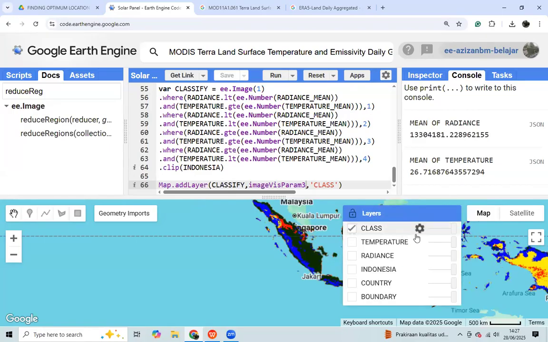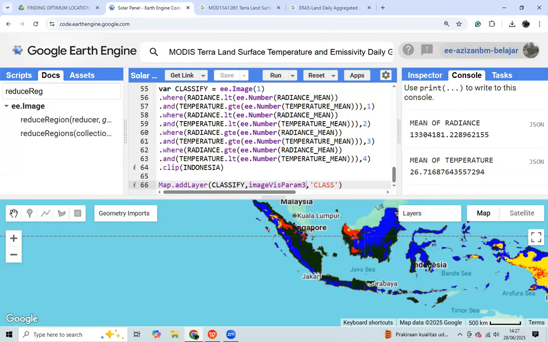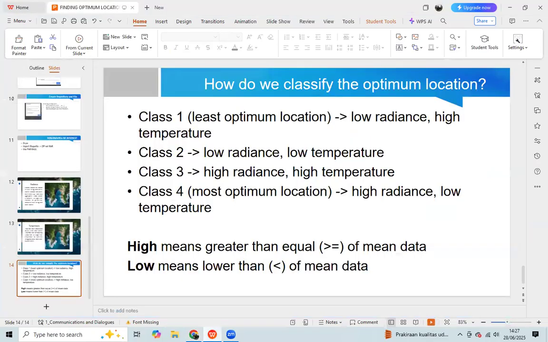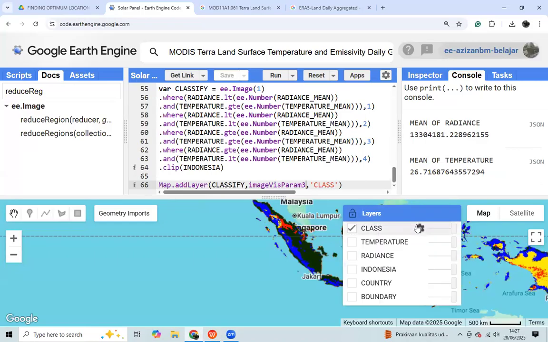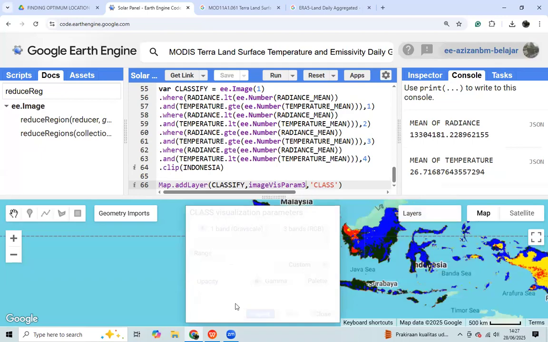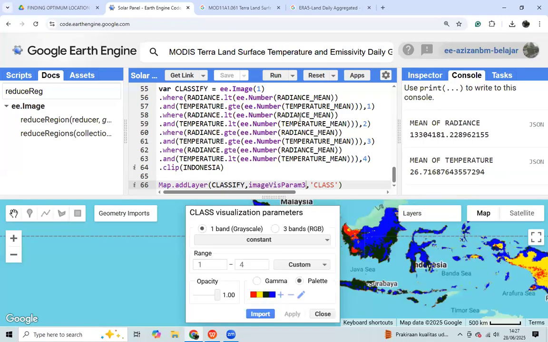The first class, or the least optimum location, is the red one. It has the highest temperature but low radiance. The second class, the yellow, has low temperature and low radiance.